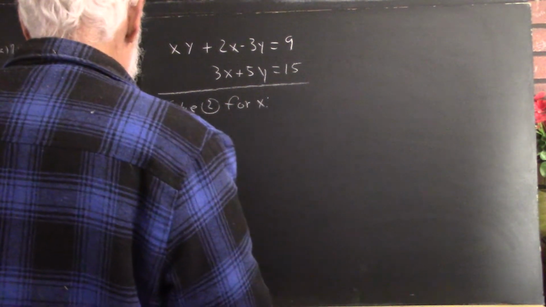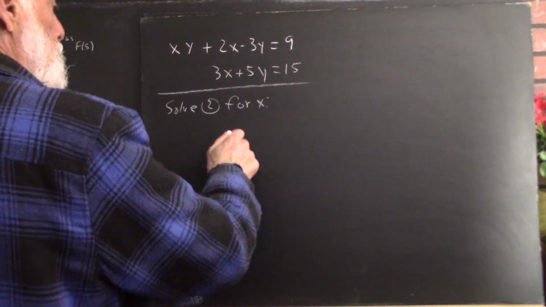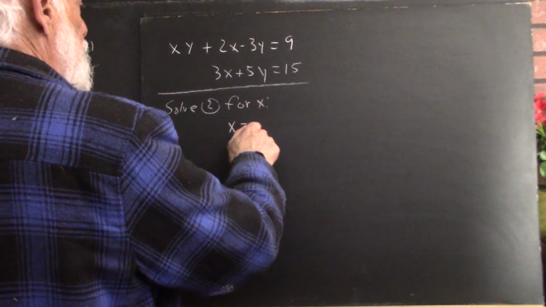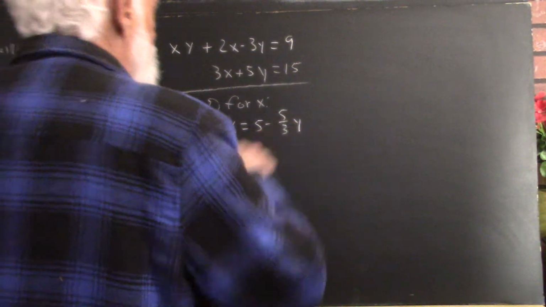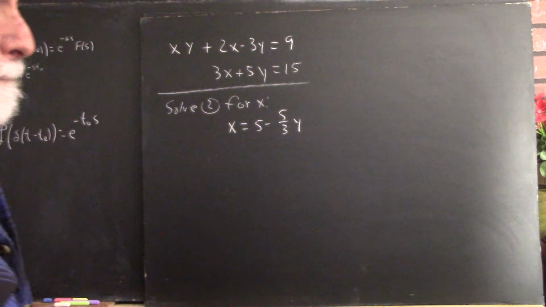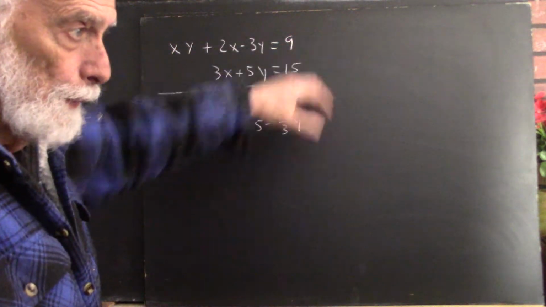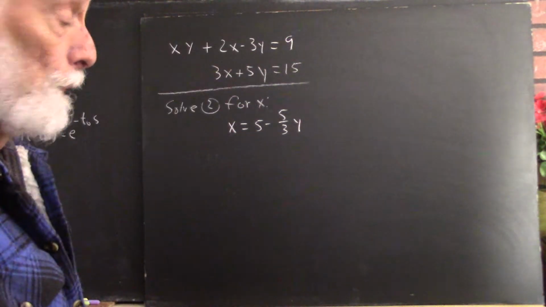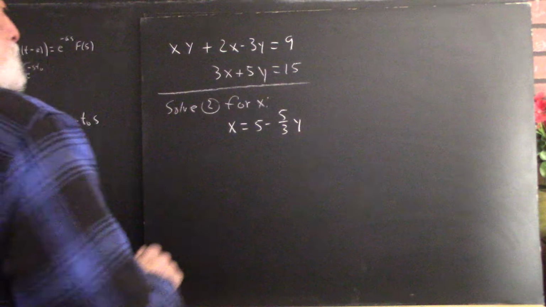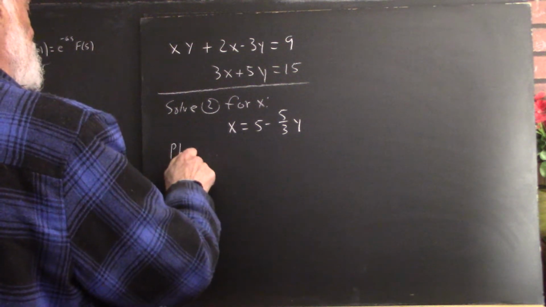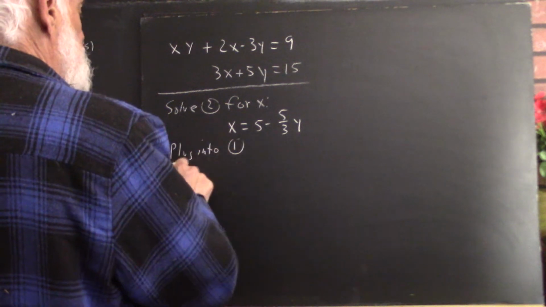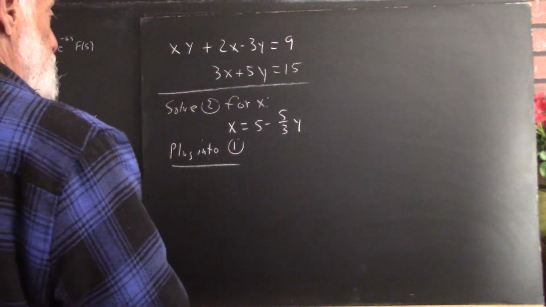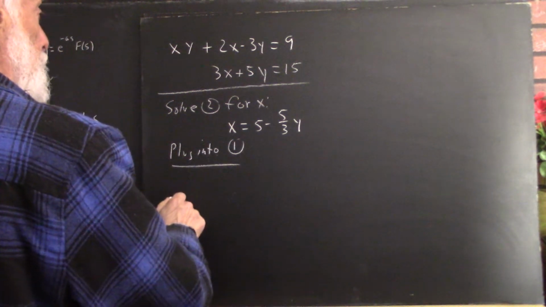If we solve the second equation for x, we get x equals 5 minus 5/3 y. That's very simple. You subtract the 5y from both sides, then divide by 3. Then we plug that into the first equation, and we get